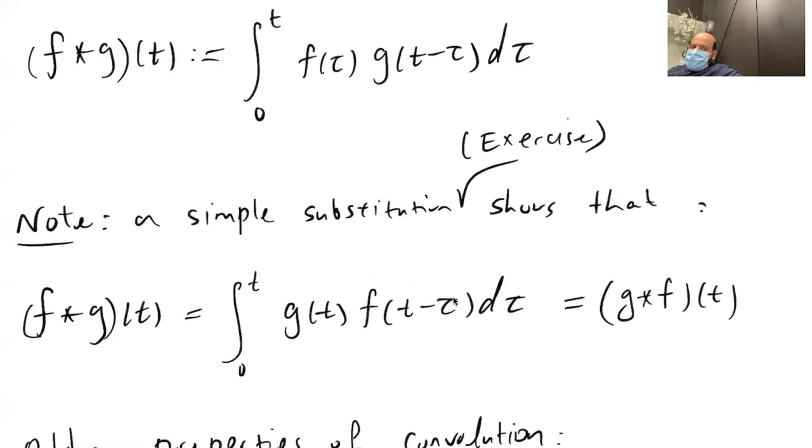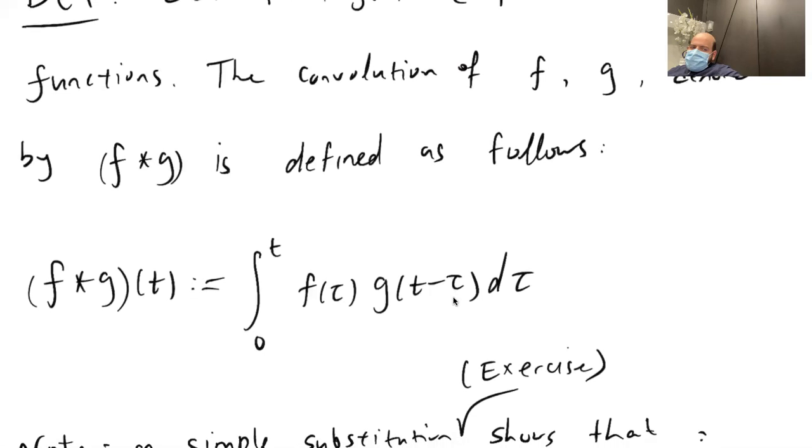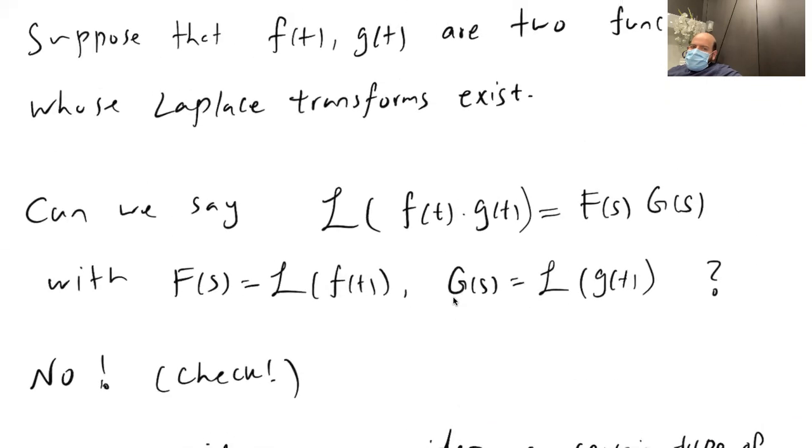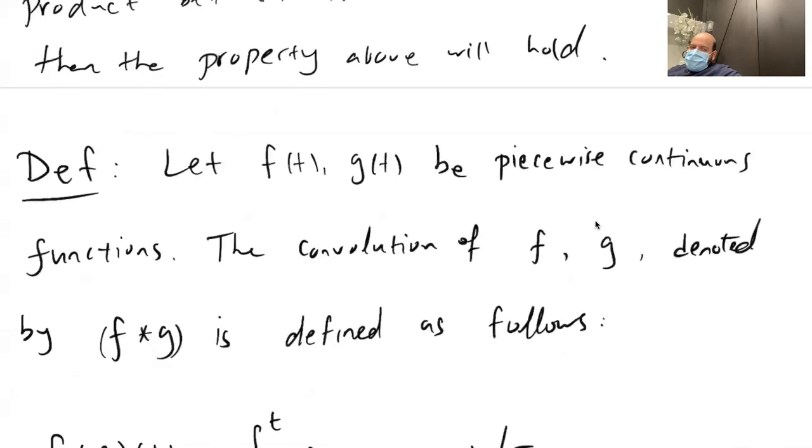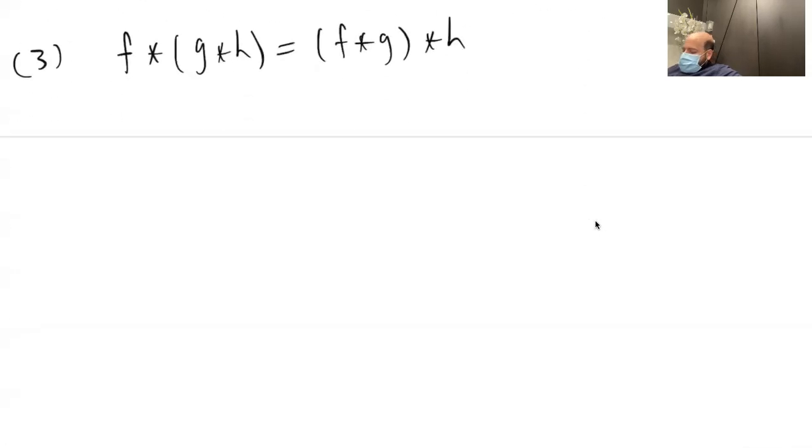Now this is convolution of two functions, how we define convolution of two functions. Now with this definition for convolution, we can talk about this Laplace transform property: that instead of f times g, if we replace it with f convolution g here, then we can say the Laplace transform of f convolution g is equal to capital F of s times capital G of s. So for Laplace transforms,